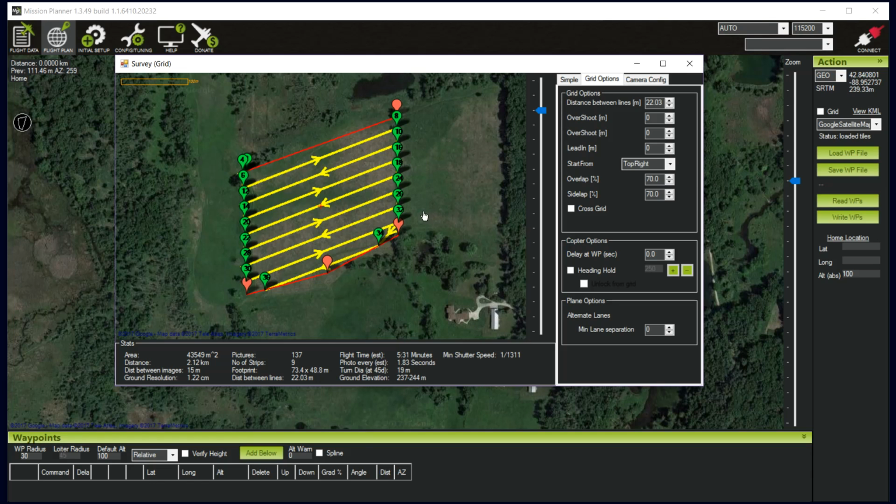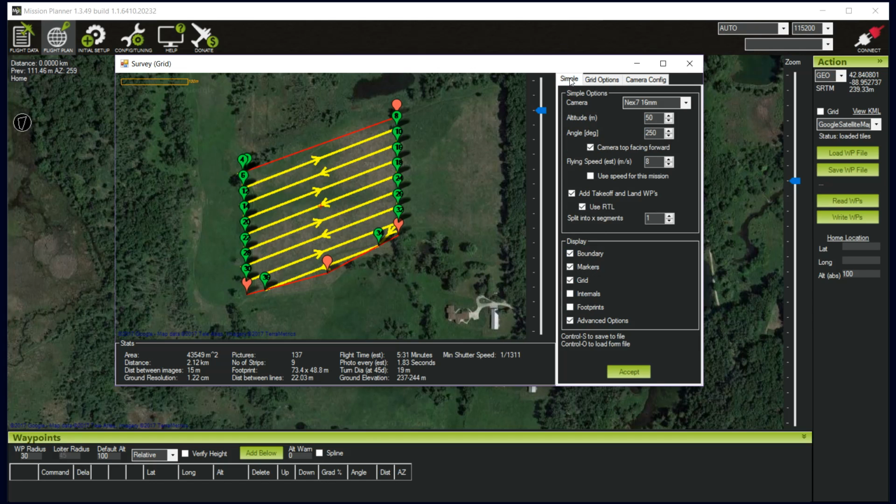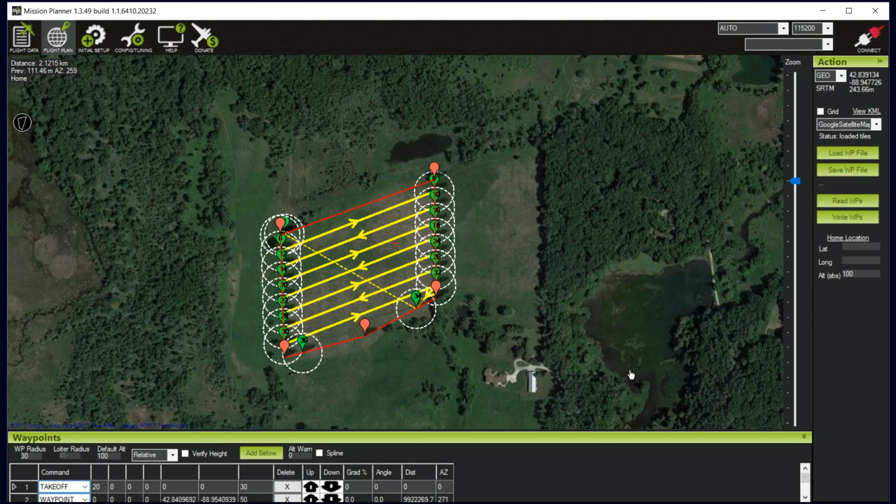Okay, so I've messed around with this. Again, I've confirmed the flight time. You're going to need to record this on your data sheet, your flight sheet, because it kind of disappears and it's hard to get back once it's done. And then I'll go back to the simple and say accept. Now it adds this to my flight plan. And again, if I look down here at the bottom,